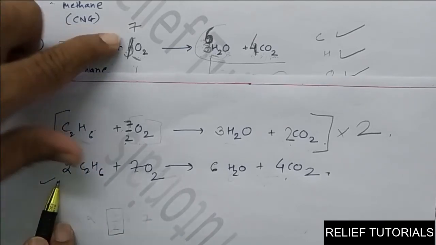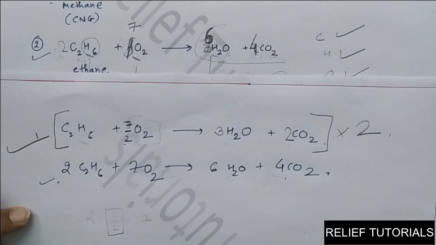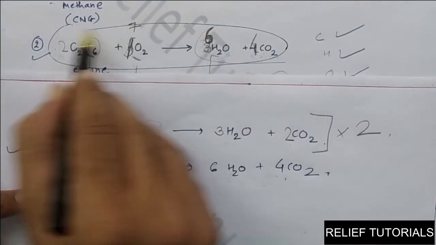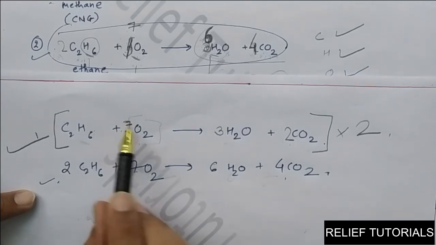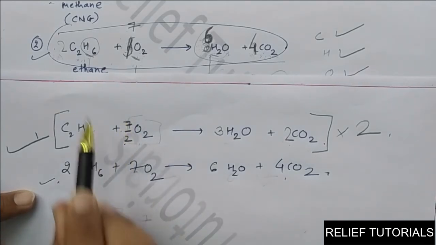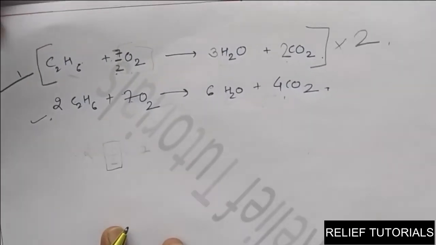Look at this answer and the earlier answer, both are the same. 2, 2, 7, 7, 6, 6, 4, 4. This we obtained by many operations, but here is a simple one. First you balance the equation by multiplying by a fraction, and then multiply the whole equation by the denominator, and you can get the answer like this. One more example.